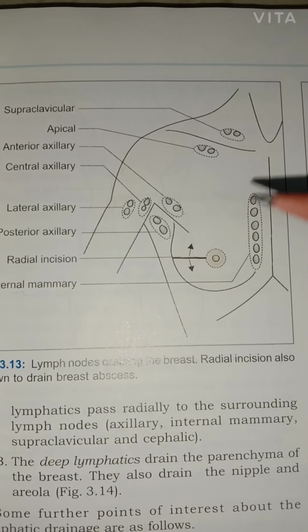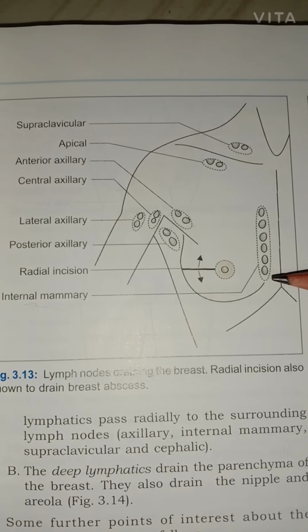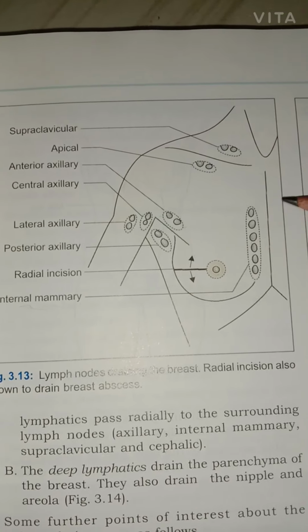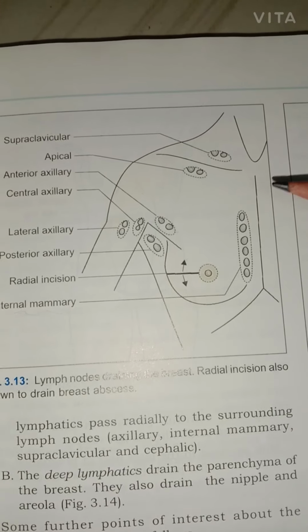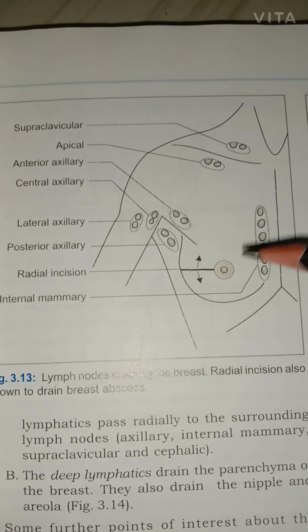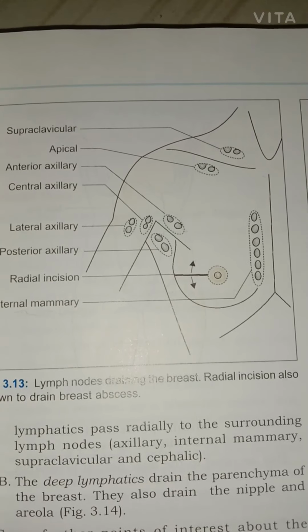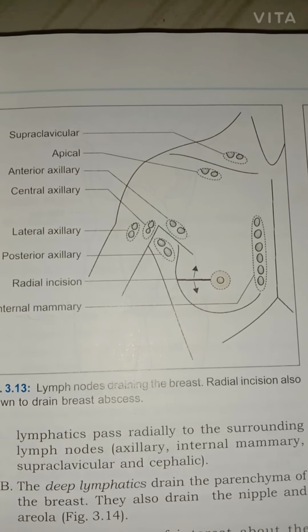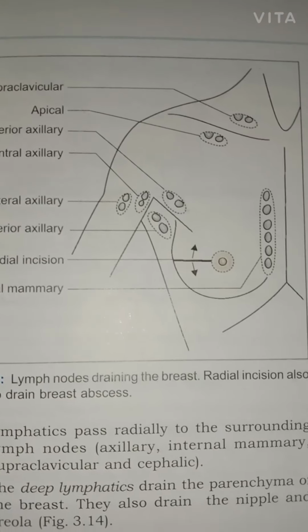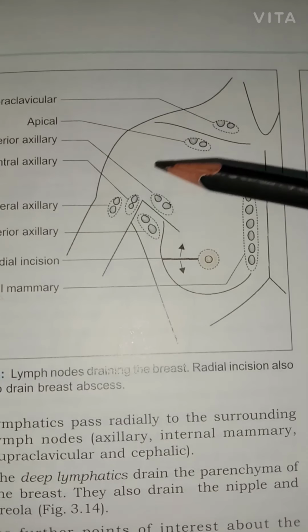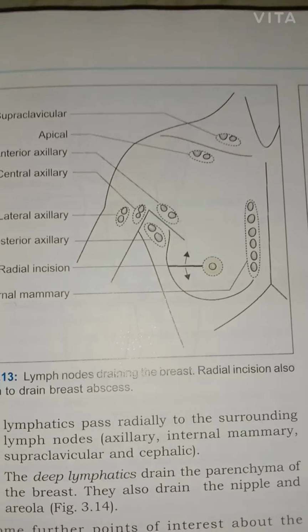First point: knowledge of the lymphatic drainage of the breast is very important, because of the higher percentage of occurrence of cancer in the breast and its subsequent dissemination, meaning metastasis, the spread of breast cancer into other parts of the body, which occurs very easily due to the lymph vessels to the regional lymph nodes. Hence the great importance of the lymphatic tissue or lymph nodes which supply the breast.